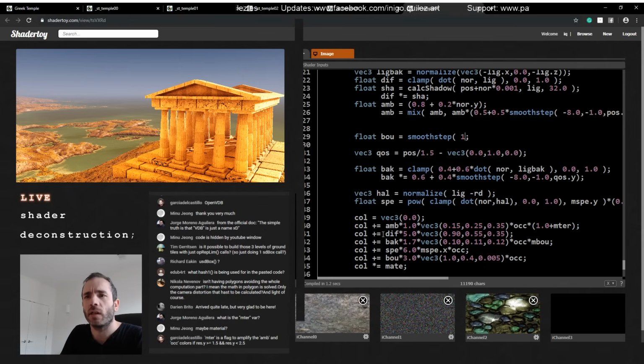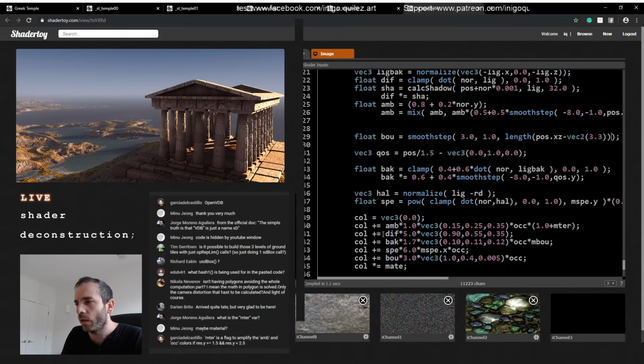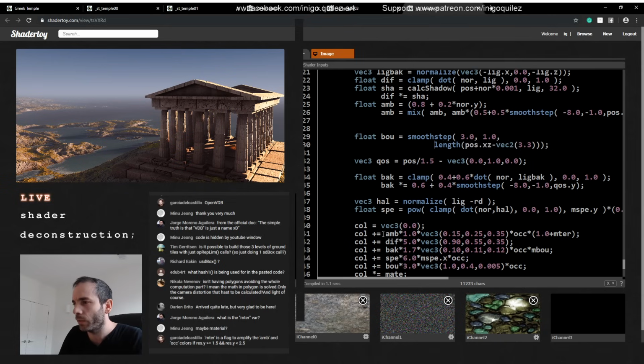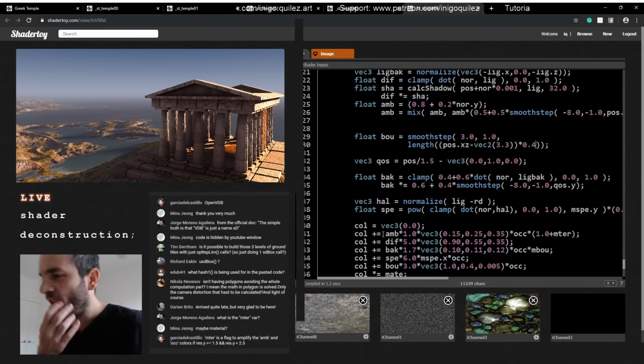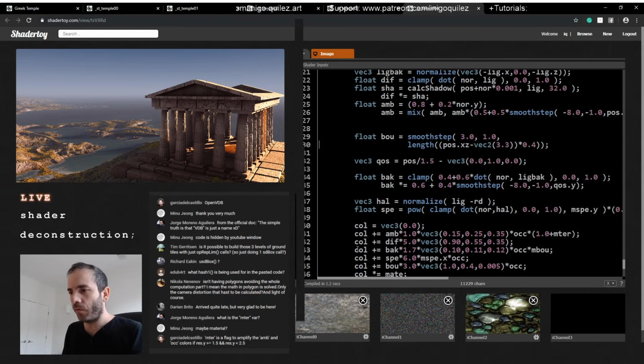I think I have some values here. Let's say one on length of pos minus, and here I'm gonna make it 2D as well, and I don't know, I'm gonna put some numbers and then we will find where those are. Okay, let me break it into lines so everyone can see what I'm writing, and we need this thing a bit bigger. Oops, there. Okay, all right, so there you can see I have a blob of orange inside the temple,